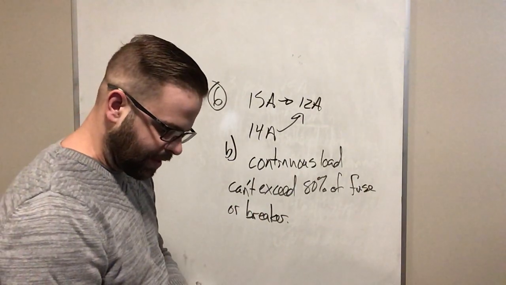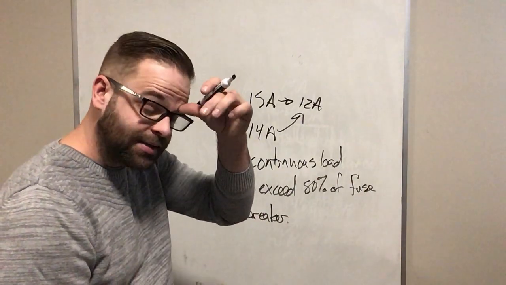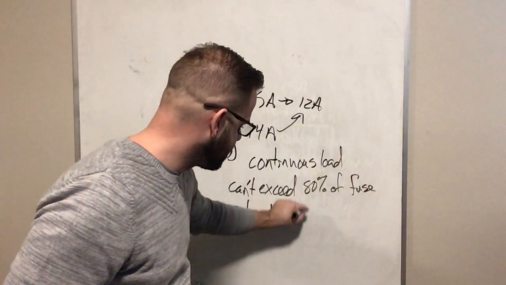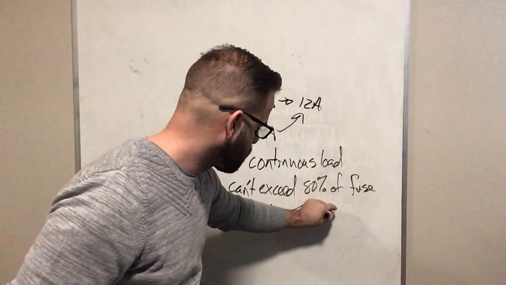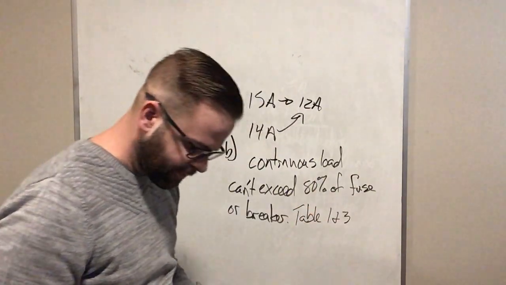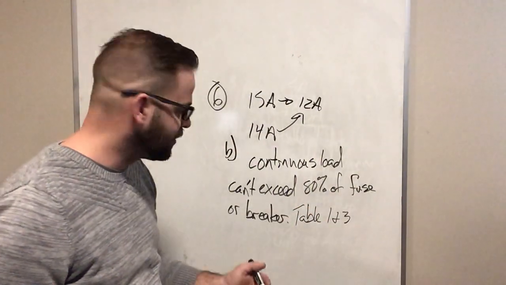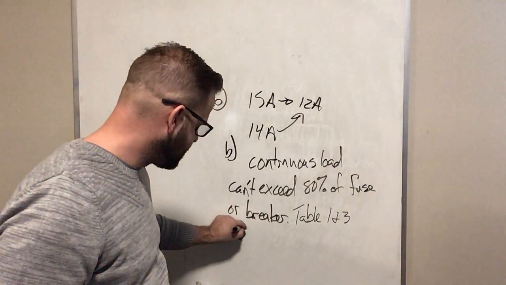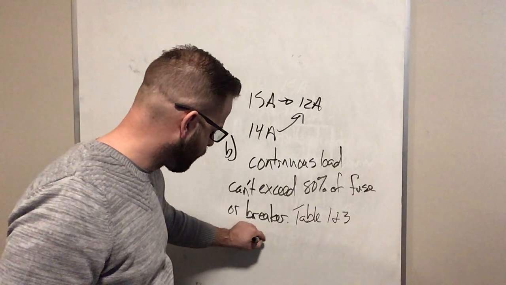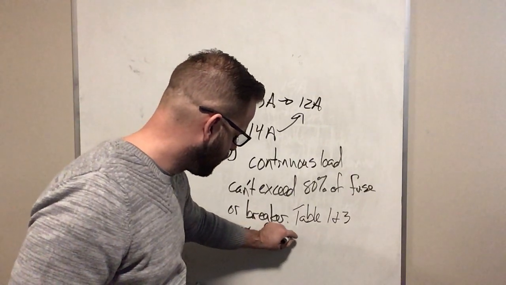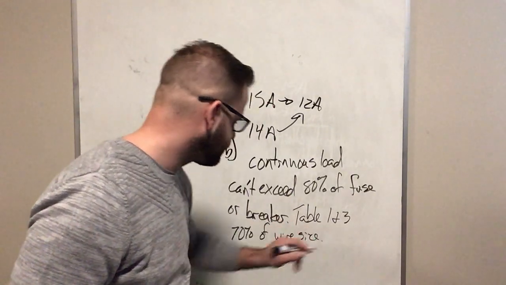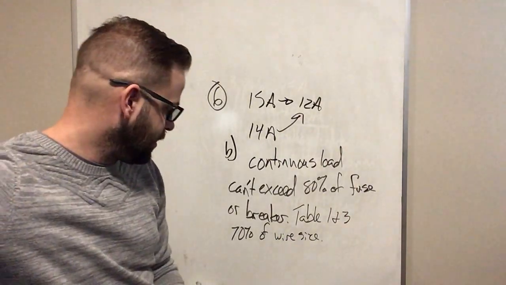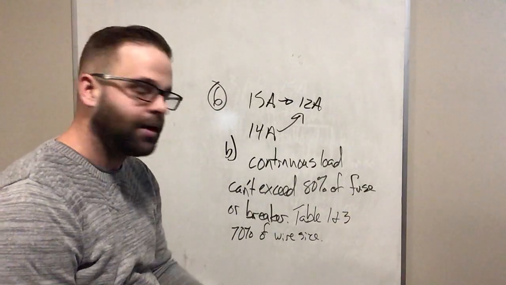And then if my wire is sized from tables 1 and 3, which is in free air, the calculated load cannot exceed 70% of wire size. So in this case now, I have a breaker that is maybe a 100 amp breaker,